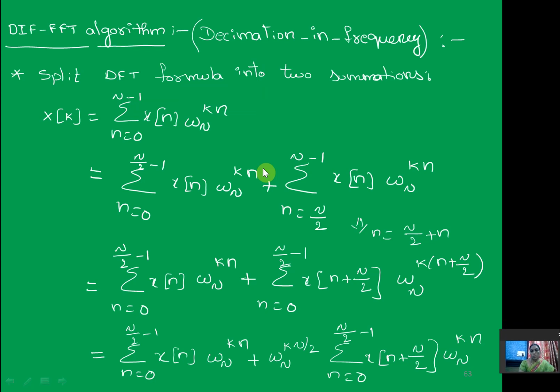So to reduce the computational complexity of the direct computation of DFT, we are using these fast Fourier transform algorithms. Up to now you have seen the DIT-FFT algorithm, that is the decimation in time fast Fourier transform algorithm. So here this is another approach, that is decimation in frequency. So here in the previous case, that means in DIT,